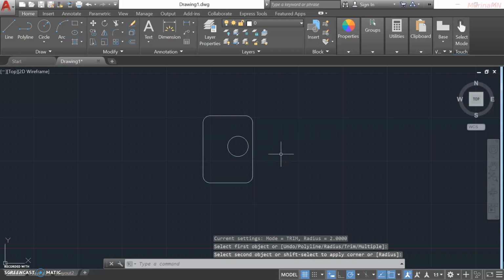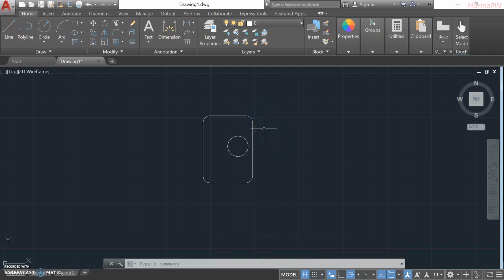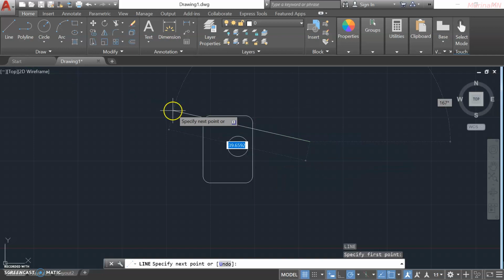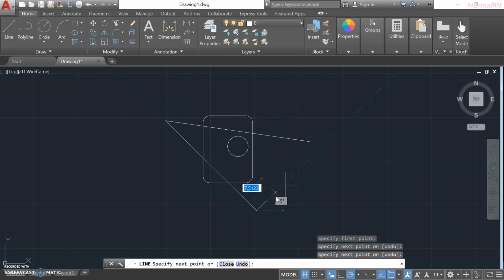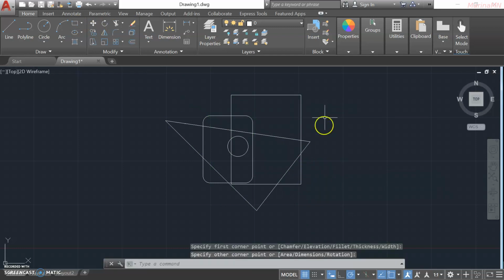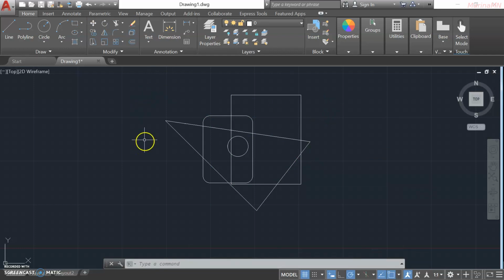So all the sharp edges become smooth edges now. Okay, another one is the trim command. So let's say you have a lot of things in between of the object, for example, and you want to trim the object according to your preferences. So in order to trim, you need to